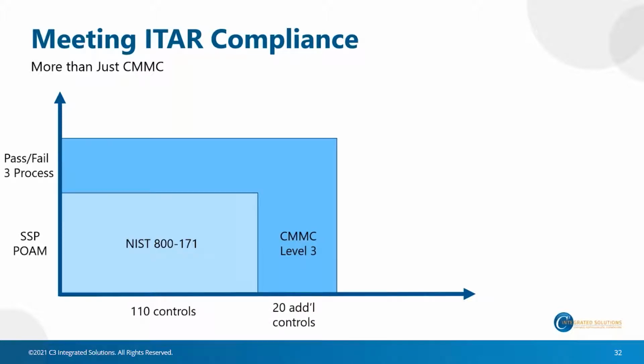As we all transition towards CMMC, that takes us from the NIST standard into the CMMC standard. That adds those 20 additional controls, and probably more importantly for a lot of folks, adds in that process piece, the maturity piece of everything. And now we've gone from a place where we're trying to put a score in to where we have a pass-fail type of threshold to meet CMMC.